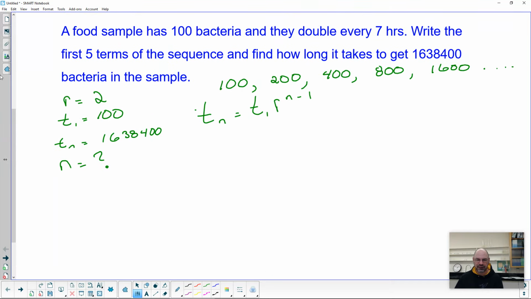Well, the first thing is, let's just plug this in and then isolate the R to some power on its own. So 1,638,400